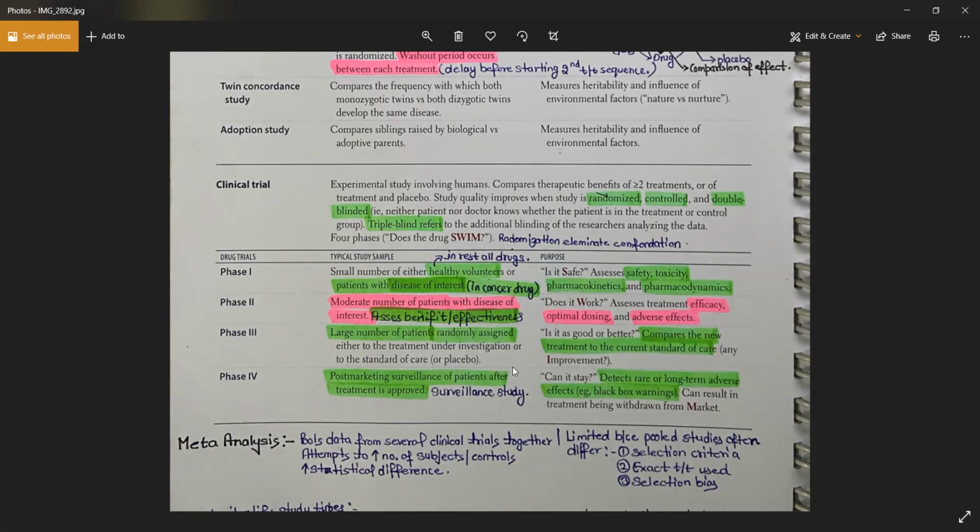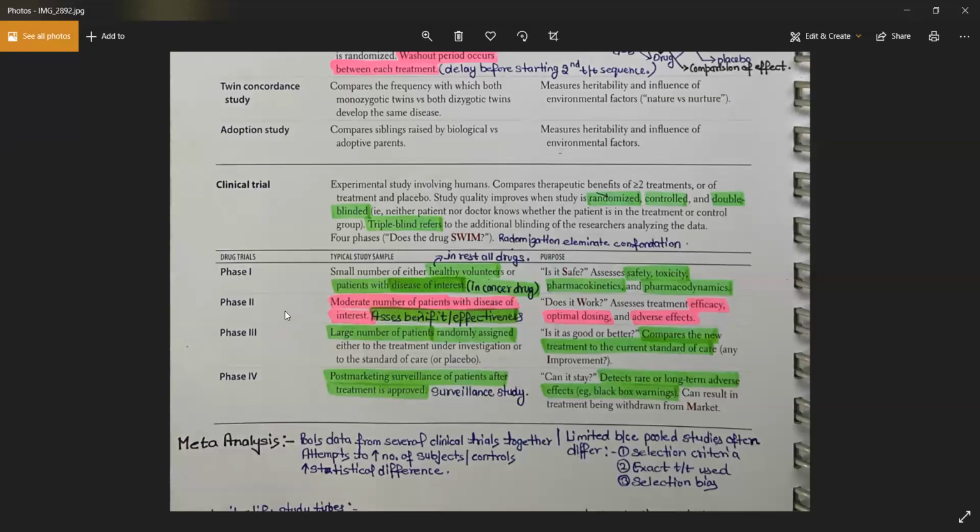Okay, so for phase 1, you will always test it on healthy volunteers, and you will ask a question whether the drug is working or not. What are the side effects of the drug? What are the properties of the drug? You will study that in phase 1. Whether the drug is beneficial or not, whether the drug has certain efficacy or not, you will assess that in the